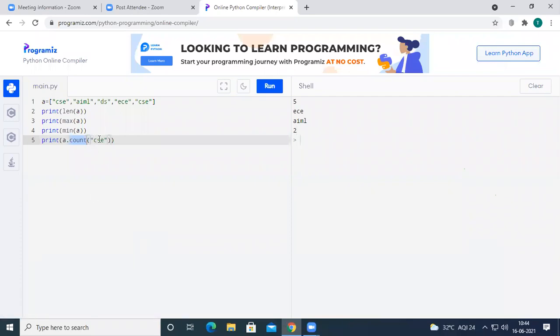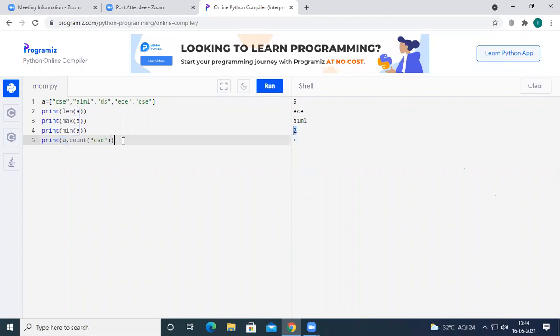So we are going to count the item CSC in the list A. If we count CSC in list A, we are going to get 2. And if we count civil, we are going to get 0 because civil is not there in the list. And if we count DS, we are going to get 1 because DS has occurred only 1 time in the given list.